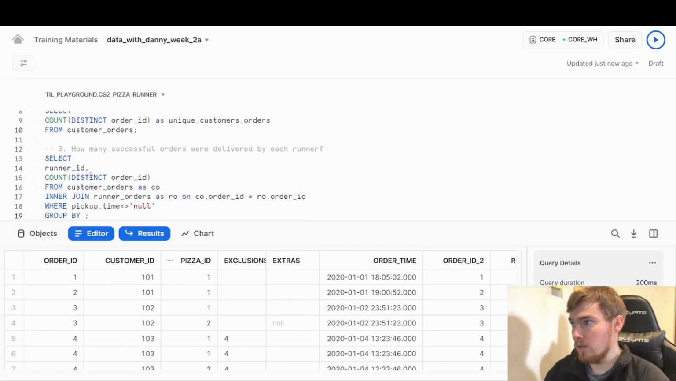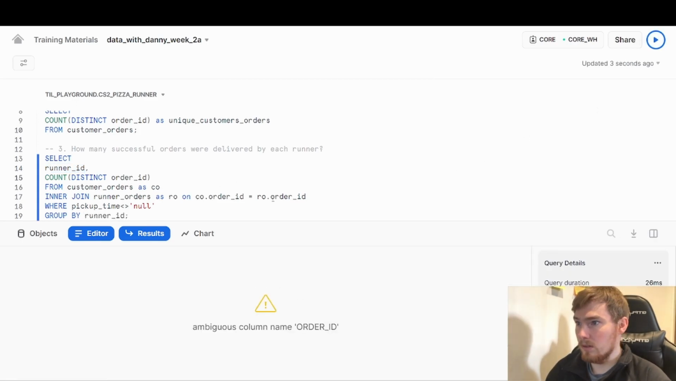By order ID. Yep. And so I'm getting called out for an ambiguous column. That's because order ID doesn't know which table I'm pulling it from. So in this case, I can go RO. In this case,